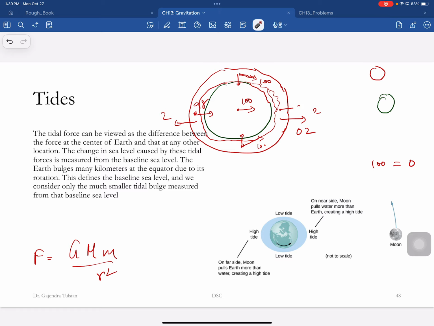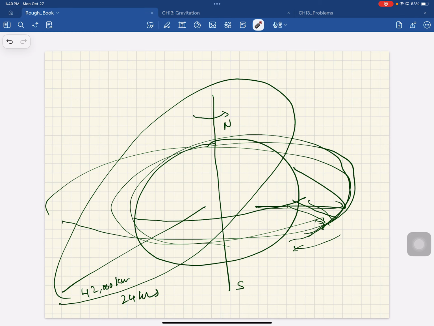Yeah. Is that where tectonic plates come from? I'm sorry? Is that where tectonic plates come from? No. So this is the actual Earth bulge. Okay. So tectonic plates are